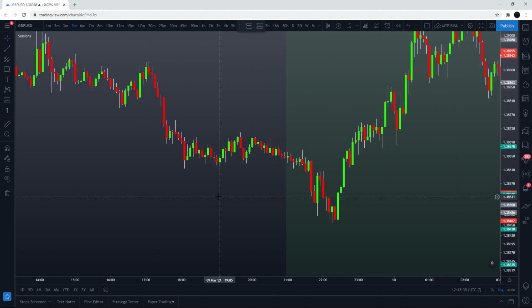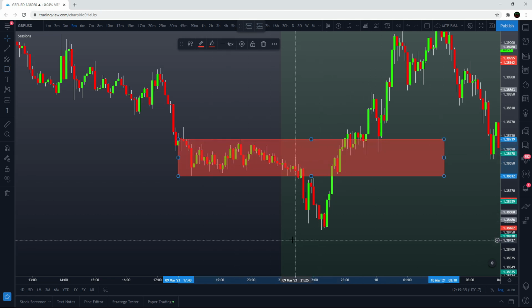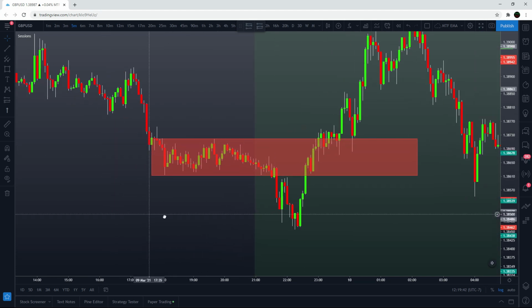The first step is identifying a range in the Asian session leading into the London Open. Now this is where things get very subjective. Identifying this range is pretty difficult because there are no exact parameters to follow. So how I would do it is use the wicks, use a red box to identify what I see as the range that leads into the London Open. So this would be my range right here, and I would extend this red box out into the opening of